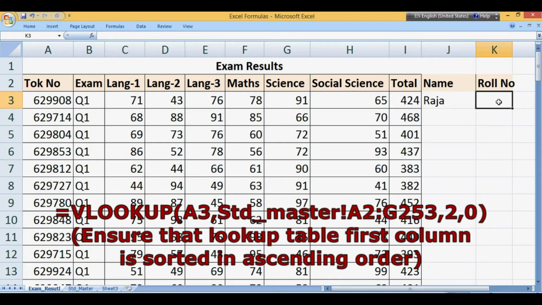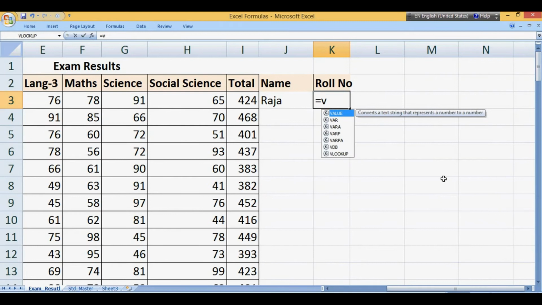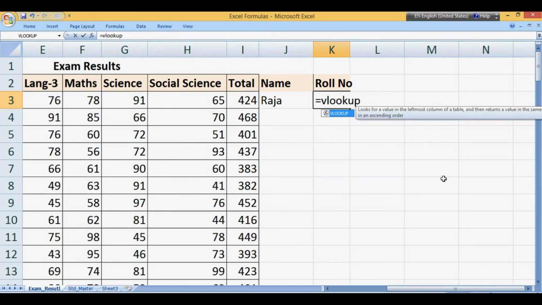Simple. You understand? You have to understand this formula by this time now. For name I entered, roll number also I enter the same. Now I do it with direct typing. If you know clearly, you can do it straight away.